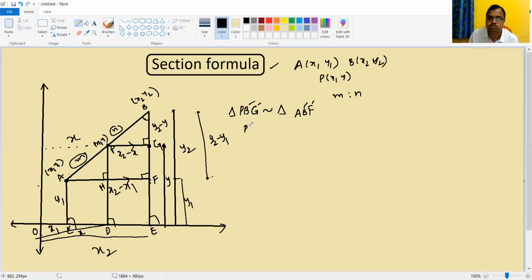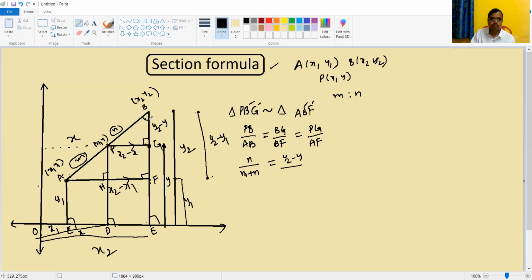So the ratio of the corresponding sides will be equal. PB by AB is equal to BG by BF is equal to PG by AF. What is the length of PB and AB? If you consider PB as nk and AB as m plus n into k, the k's cancel, so the ratio is n by m plus n. And BG length is y2 minus y, and BF length is